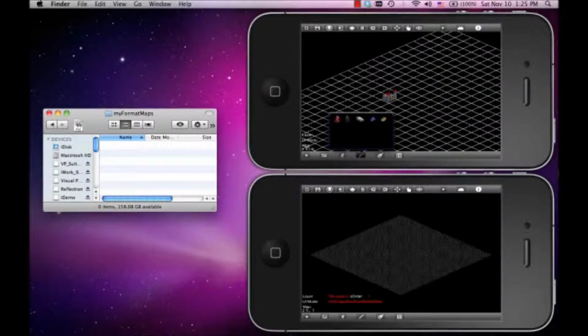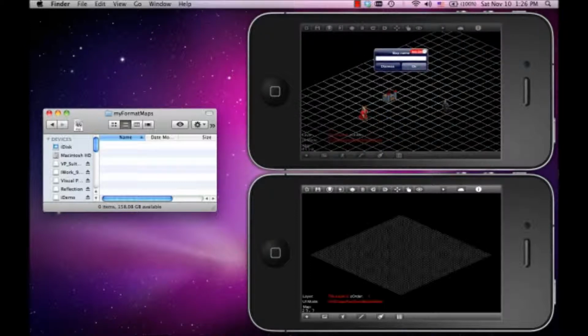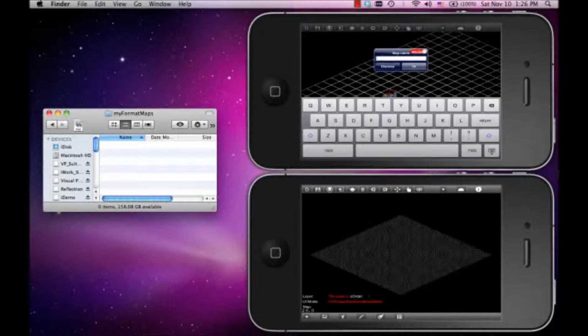For this I will place a player and an enemy object. Then I will select the background color. Let's choose for example this brown one. Now I will save the prototype called prot